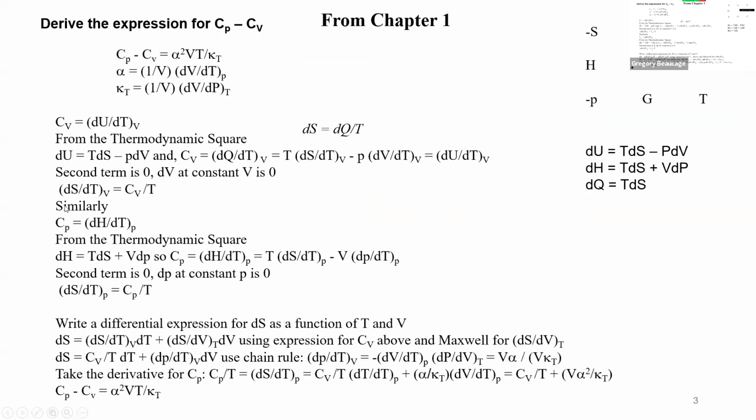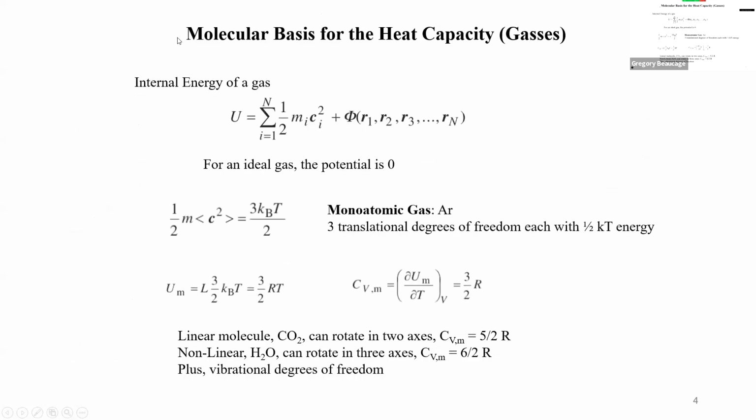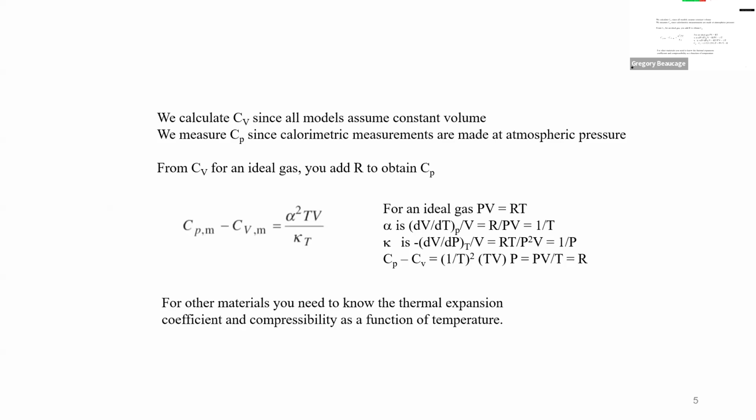Earlier in chapter 1, I went through the derivation that relates these two heat capacities through a partial derivative equation. It involves the thermal expansion squared divided by the isothermal compressibility, times volume and temperature. For an ideal gas, PV is RT, you plug that in, and you find that CP minus CV is